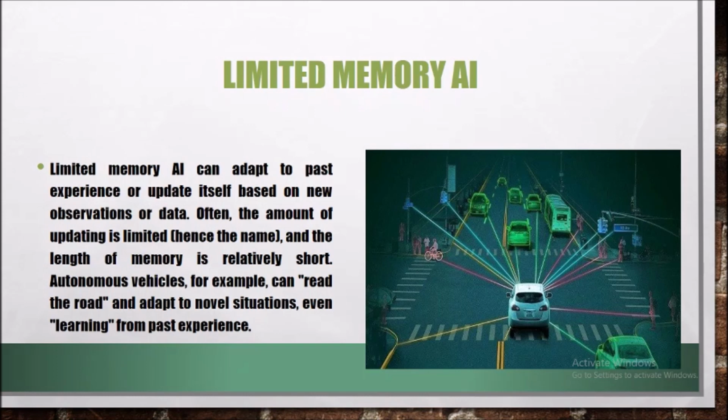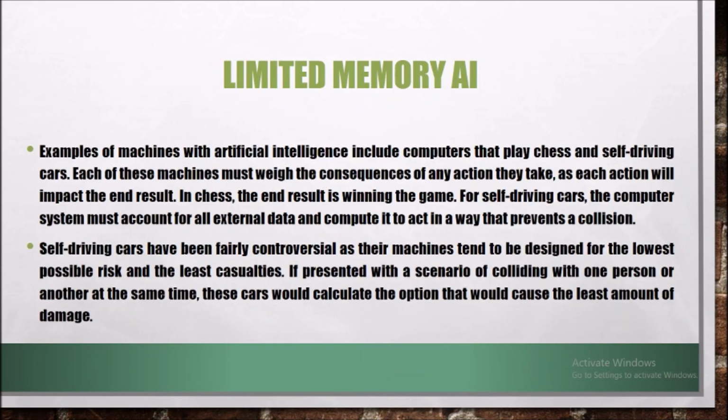So as what you have seen here in your end, we have cars, self-driving cars. Makahibaw siya, gani siya poste, gani siya tao, gani siya is another object, another car, ingon ana. So, kahibaw na siya, kanus-a siya mo primera, mo segunda, ingon ana. Or if that is automatic, kanus-a siya mo preno, kanus-a siya mo turbo. Okay, so examples of machines with AI or artificial intelligence include computers that play chess and self-driving cars.